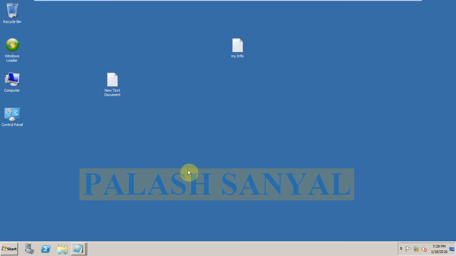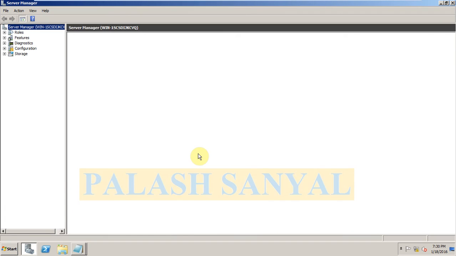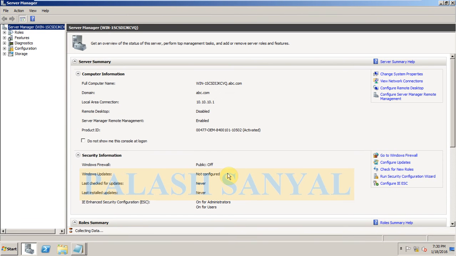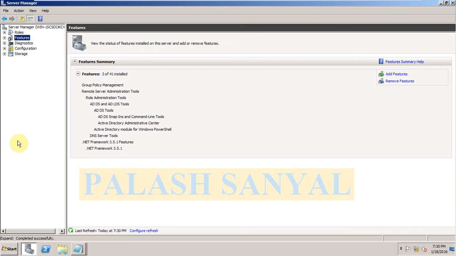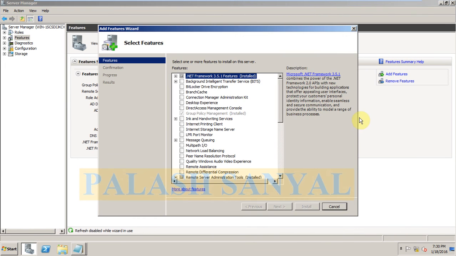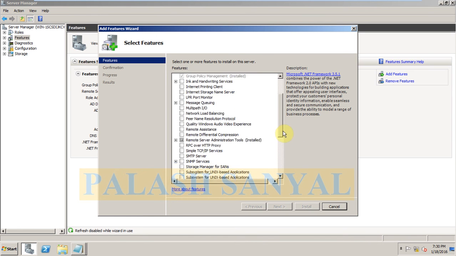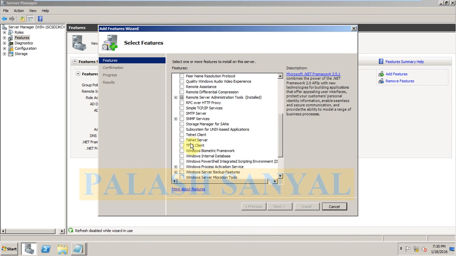Now first I go to Server Manager. Telnet is a feature of Windows Server 2008, so we need to go to the features options. Here is the option Add Features, so I click on Add Features. There are two options, Telnet Client and Telnet Server.